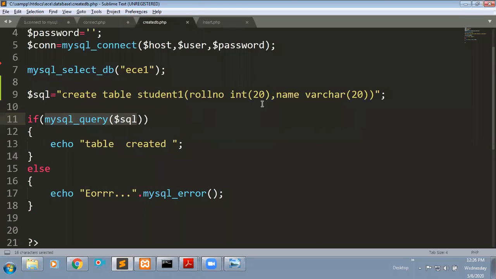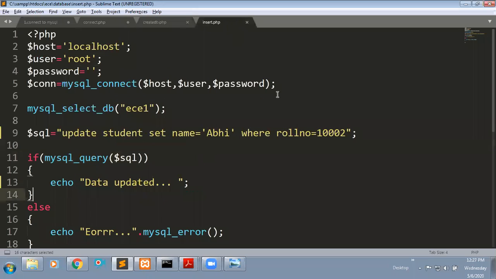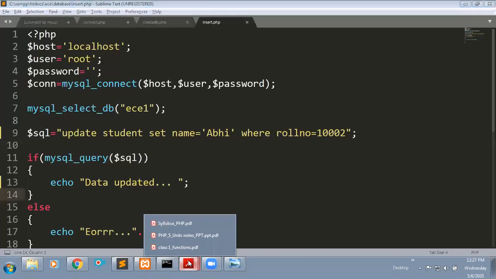This table syntax you need to remember. You need to describe everything: what this query is, and what the parameters are. All these you need to write in a descriptive manner. If you remember one program, you can write that program for anything: updation, creation, insertion, deletion. For everything you can write the same program, you just change the query.